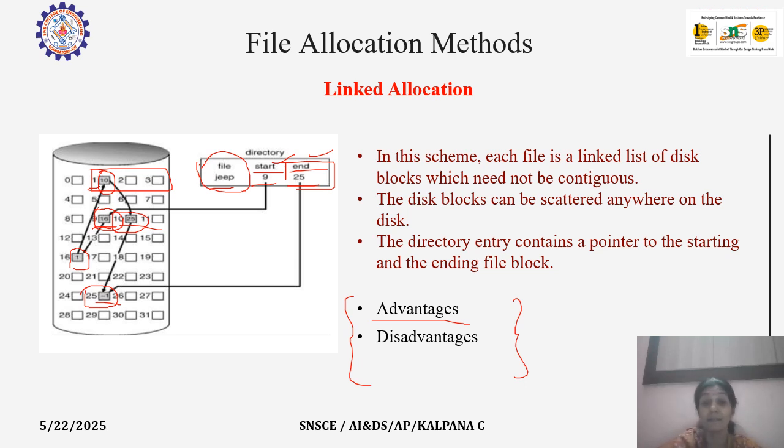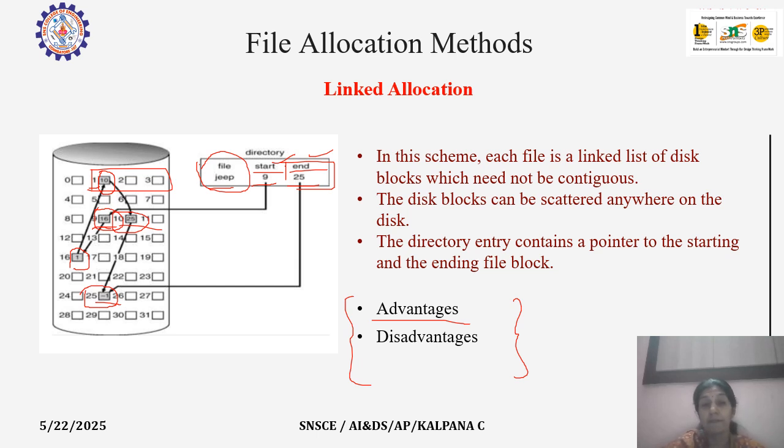The next thing is dynamic file size. When we allocate a file with 10 KB, and after some time in future the file gets updated to 12 KB or 15 KB, you can add blocks here. You can link one or two blocks with the existing file. That is possible in linked allocation. That is one of the important